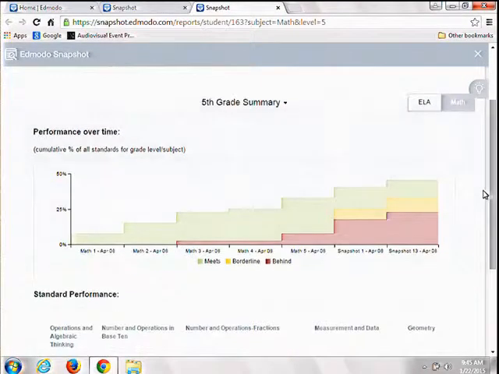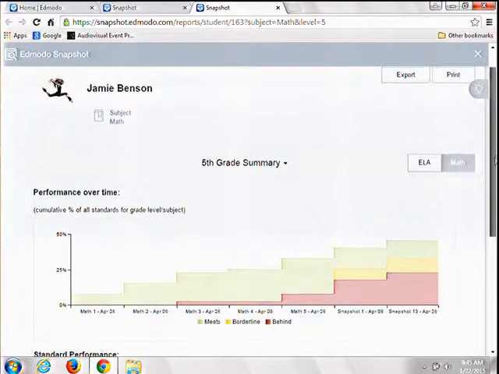If I want to begin to see, hopefully, growth over time, but maybe it's change over time, I can see on that graph where the different assignments, I can see what Jamie is doing. Again, this is for math, because that's what I've got this filtered on. That ability to see information over time is, again, part of the premium version. The free version shows you the most current snapshot of what's going on with your class. The premium version enables the ability for you to see information over time on those students.